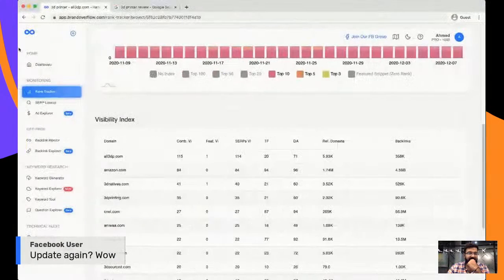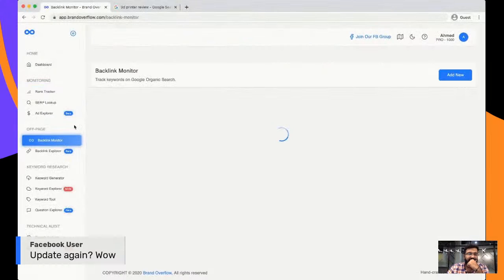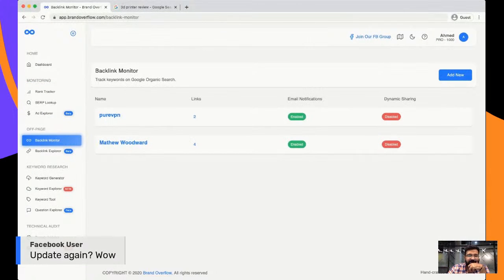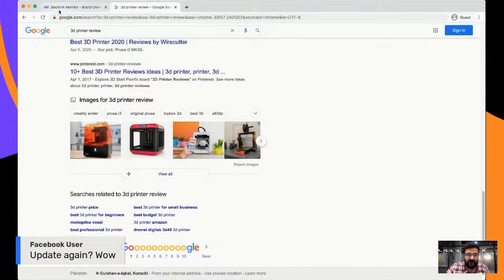Okay, so continuing, we are going to take a look at the backlink monitor. A lot of people confuse this with other features that show you backlinks for your domain. Let me explain what this is, basically. A lot of people, when I started out Brand Overflow,